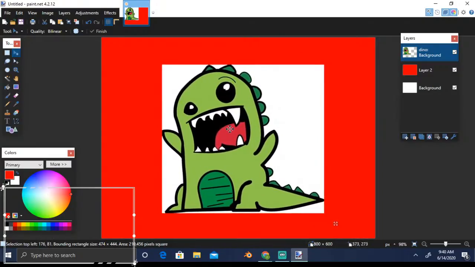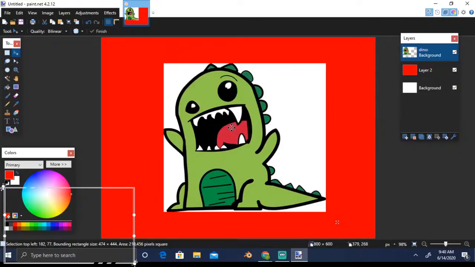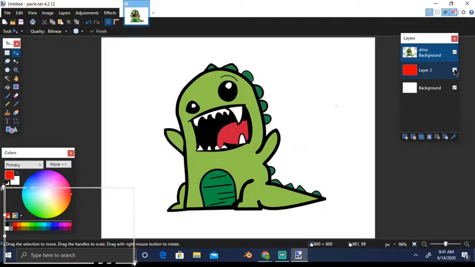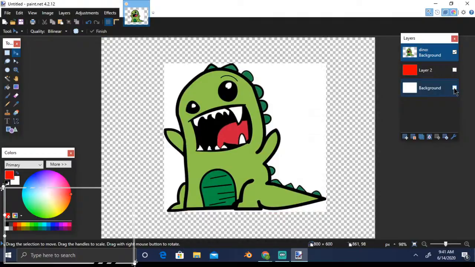That will give you flexibility in case you want to revert back to a different stage, or if you want to make a lot of edits on that layer, you can just discard that layer without discarding the whole canvas, and just that layer will be impacted. Now this is the selected one. I will click here to deselect it. Now you can see if I uncheck this, the red layer is gone. I can always uncheck the background also, so now it will be transparent.